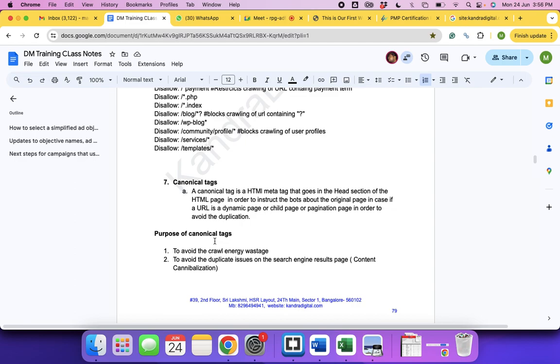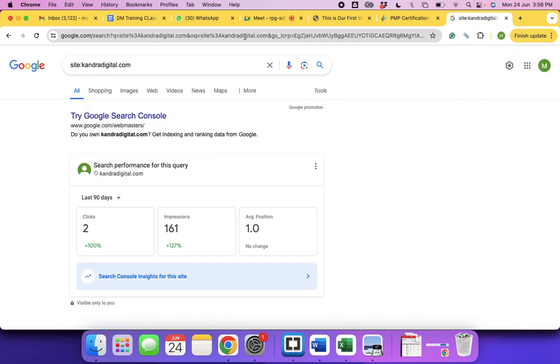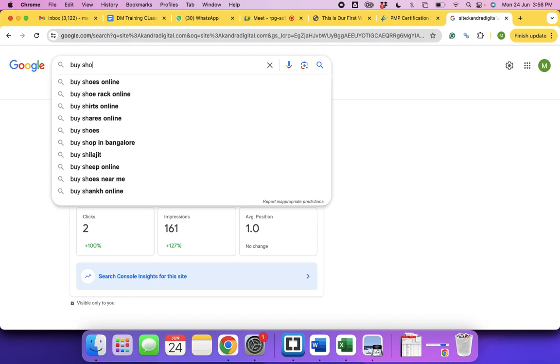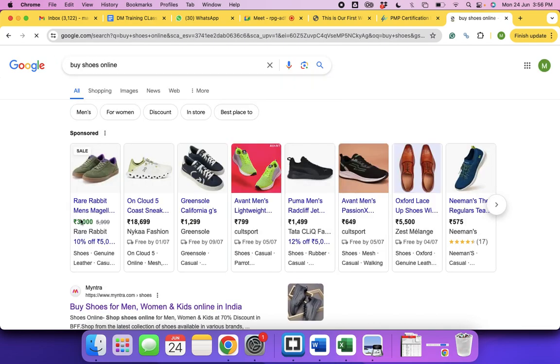When two pages on your website are speaking about the same product, let's say on your website there are two pages which belong to pomegranate, you cannot optimize two pages with pomegranate keywords. None of the pages will perform. That is duplicate. Two pages competing to rank for the same keyword is a duplicate issue, right? Page 1, 2, 3, 4, 5, 6. When you have 10 such pages, and you are optimizing all these pages for buy shoes online page 1, buy shoes online page 2, everything will still lead to duplicate issues. Or if you are not optimizing,